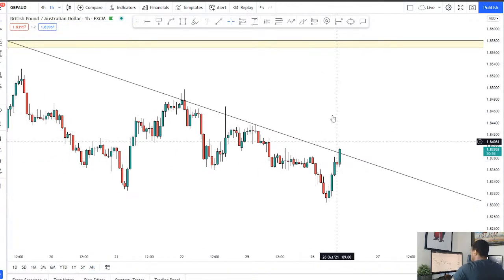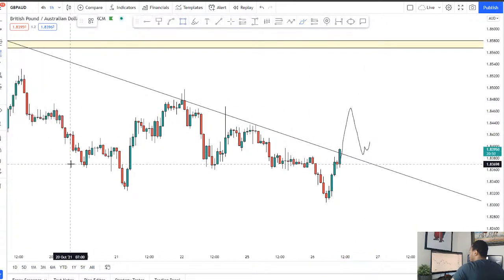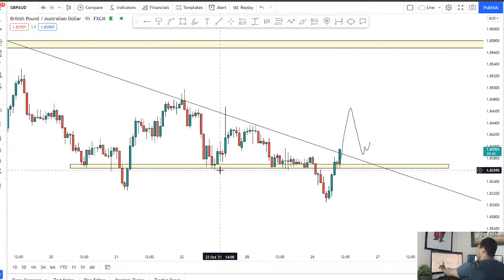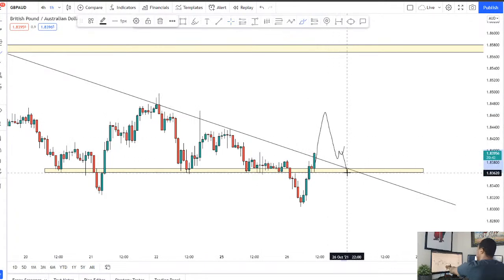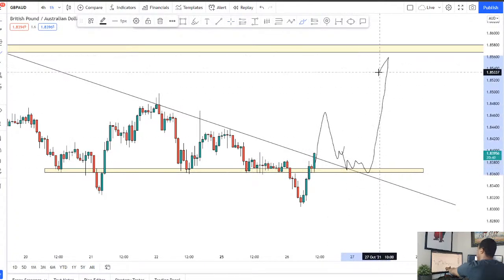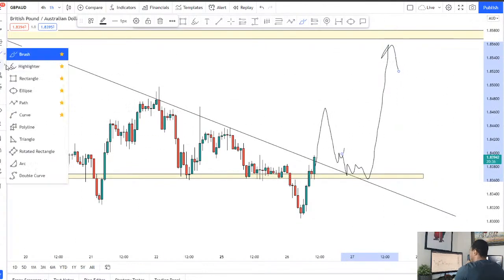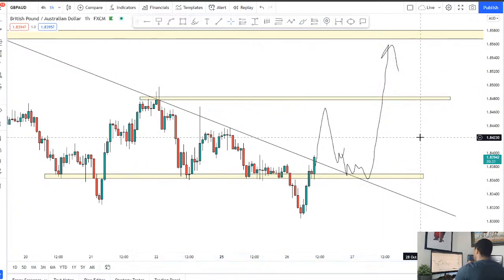So I think if we can break above this trend line, create a higher low somewhere, we do have a nice area of support here, which I've been looking at. As you can see, strong support, strong support, strong support. So if you can break to the upside, come back and retest the trend line, retest the support, there will probably be some nice swings to the upside back into that resistance up there, or at least coming back into some of these levels here. That could be a nice target around the